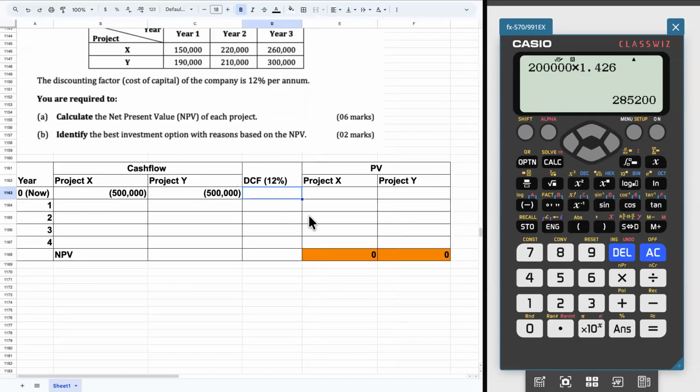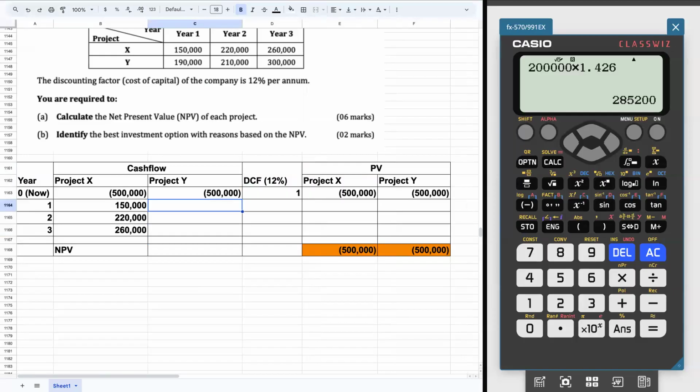Right. So the discounting factor always is going to be 1. So 500,000 into 1 is 500,000. And 500,000 into 1 is going to be 500,000. So project X has cash flows of 150,000, 220,000, 260,000. That's it, right? There's no fourth year. And here 190,000, 210,000, 300,000. So for the discounting factor, we can use the formula,